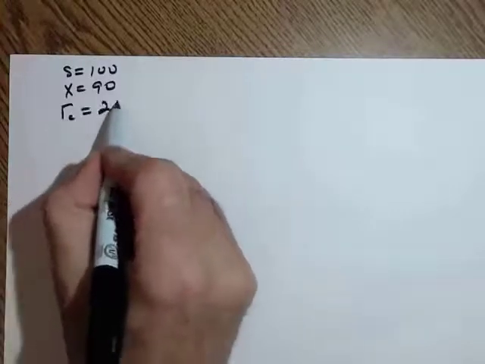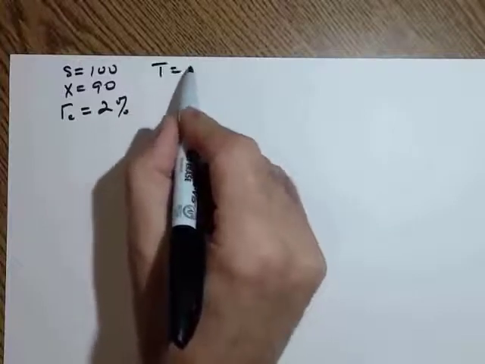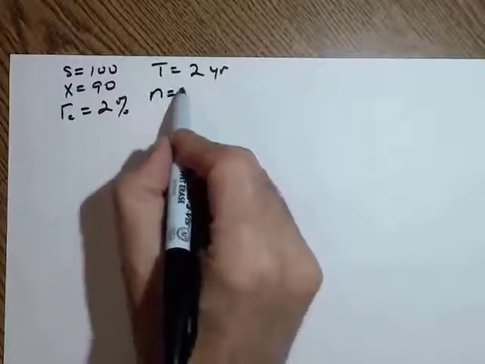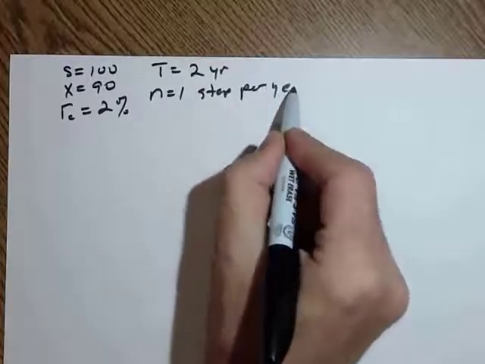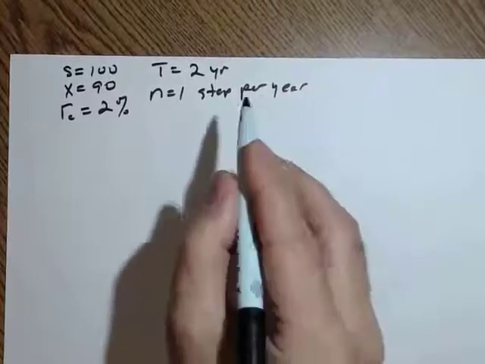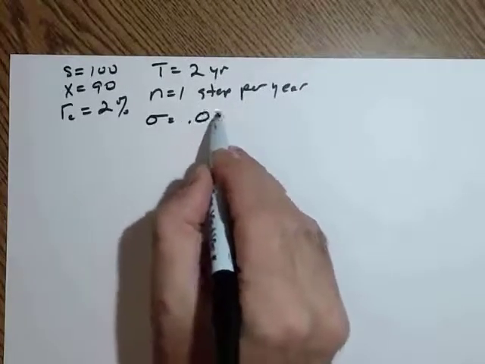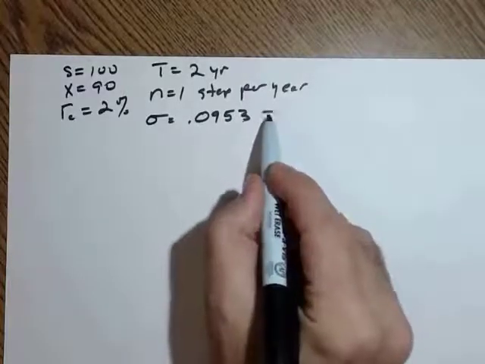RC, the continuously compounded rate, is 2%. I'm going to assume it's a 2-year option, with N equals 1 step per year, so we're clear here. And the sigma, the variability, is going to be about 9%, which implies that